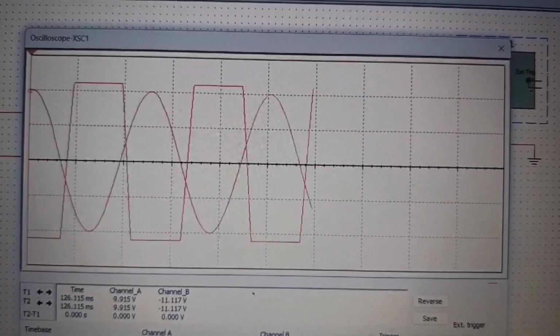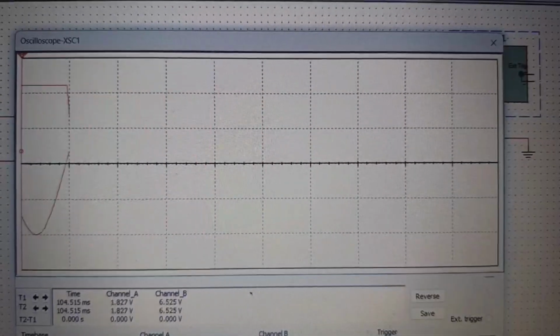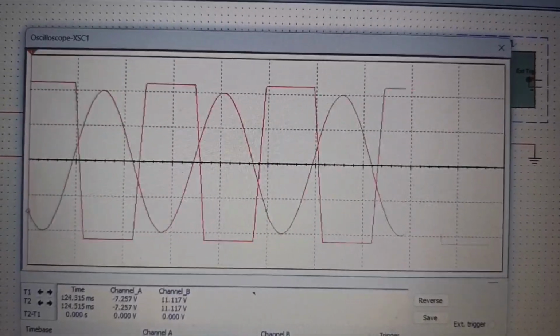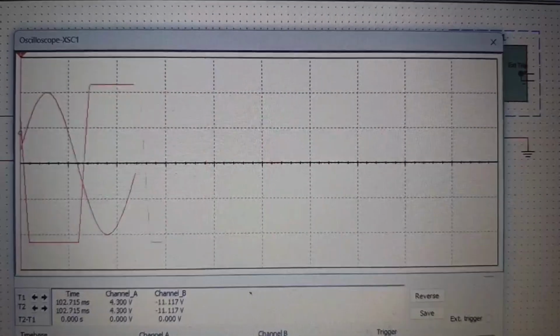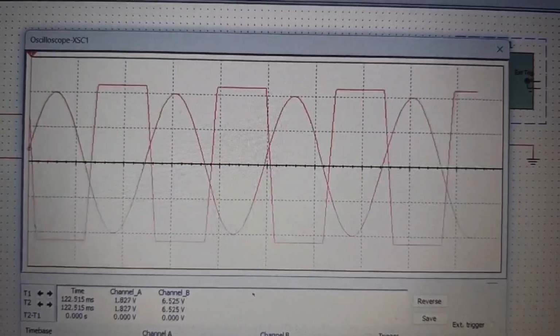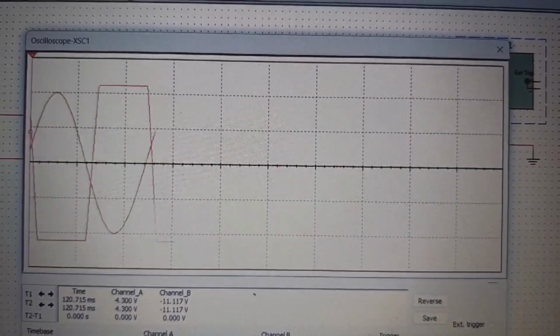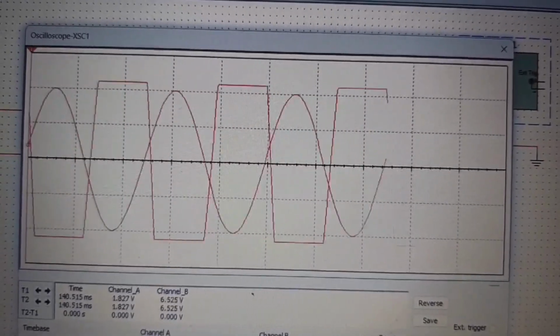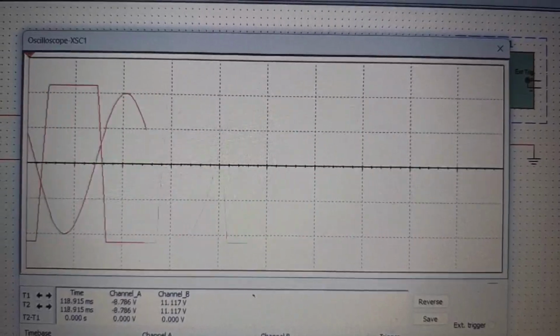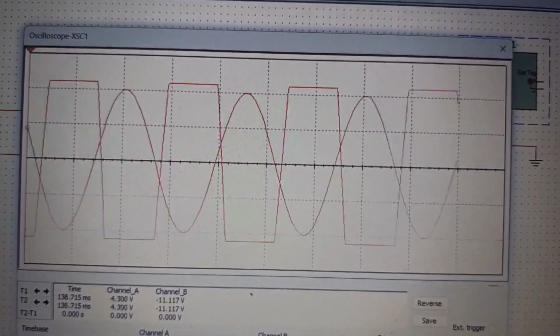Input waveform in channel A. On the oscilloscope screen, we see two channels. Channel A shows the input sine wave from the signal generator. The sine wave oscillates around 0, moving above and below the reference voltage that we set at the inverting input of the op-amp. The frequency of this sine wave determines how frequently the op-amp switches between high and low states.